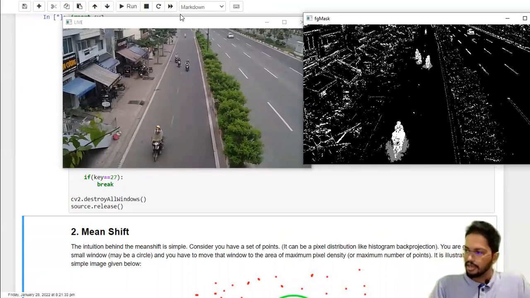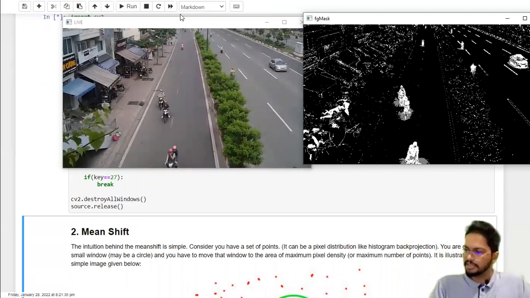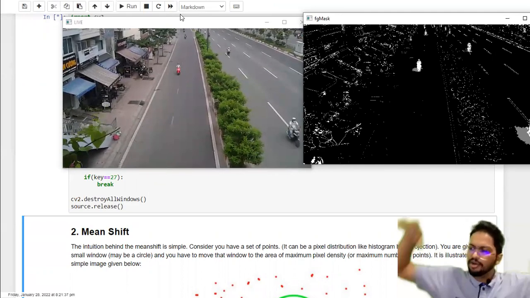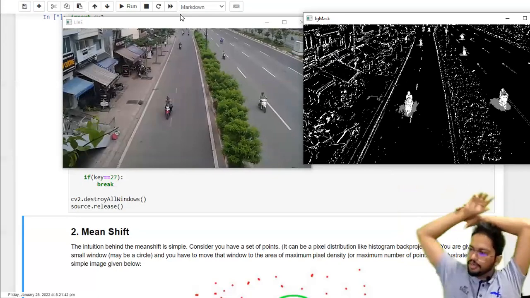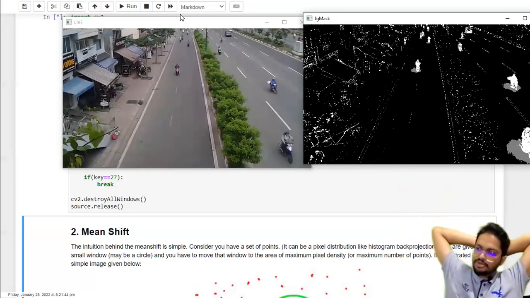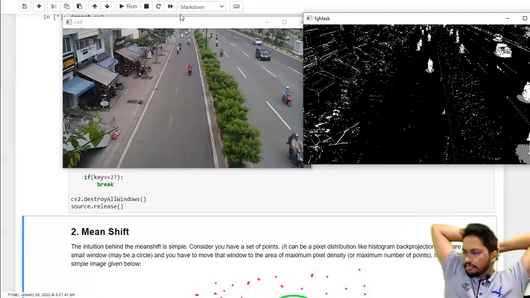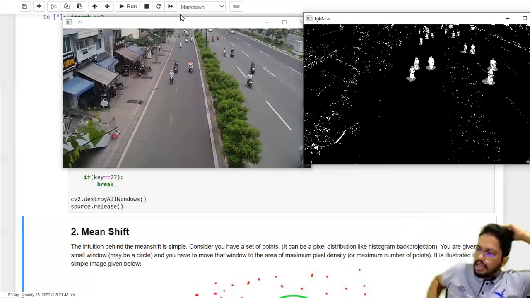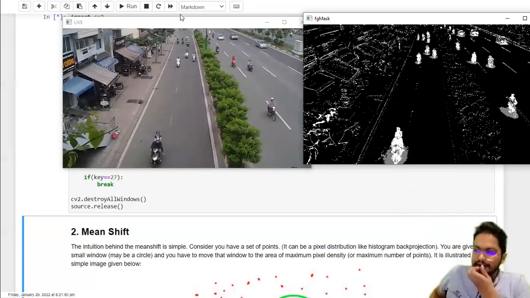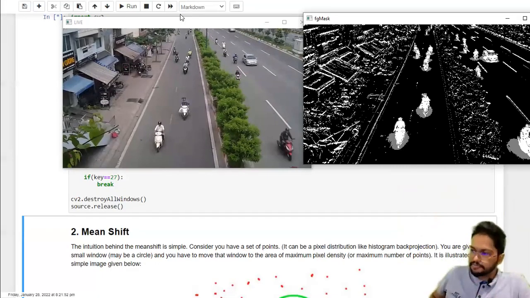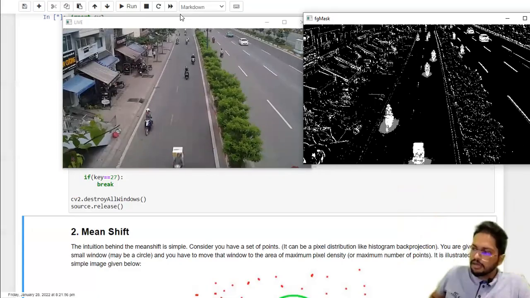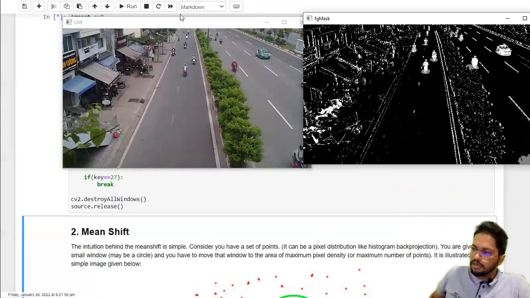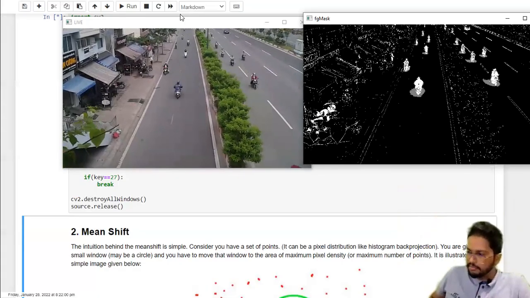So you can apply contour operations, and I'm not going to do that here, but if you apply contour operations, you will be able to detect these bikes, right? So that's something that you could do. The other thing is that